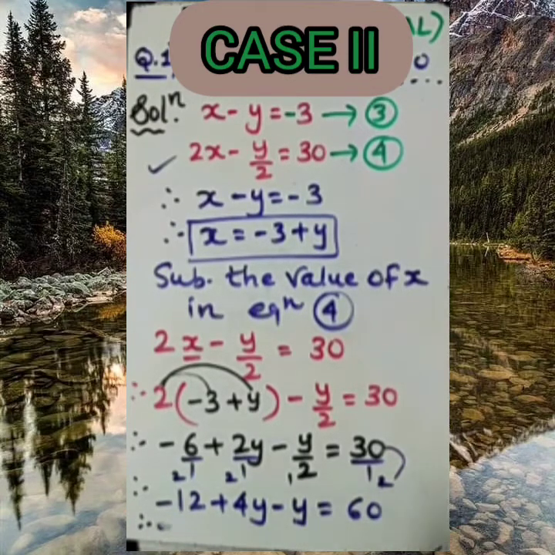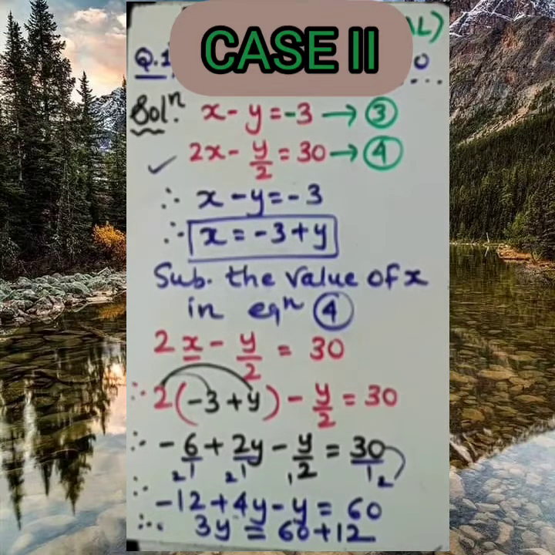One more point with us. Minus 12 I am bringing to this side. What about 4y minus y? Of course it will be 3y. And here 60 is already on this side, positive. This minus 12 will be added to this side. It will become plus 12. Now let's simplify. What is 60 plus 12? 72. So our next step will be 3y equal to 72.